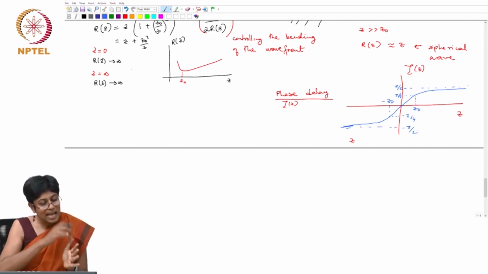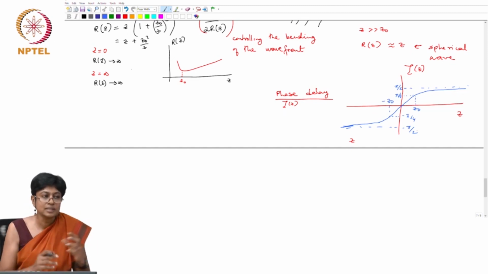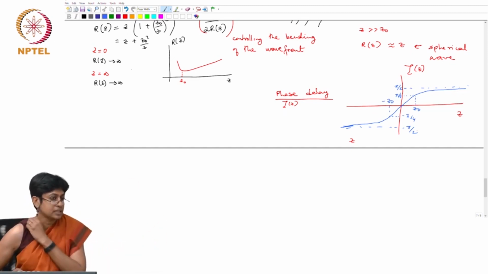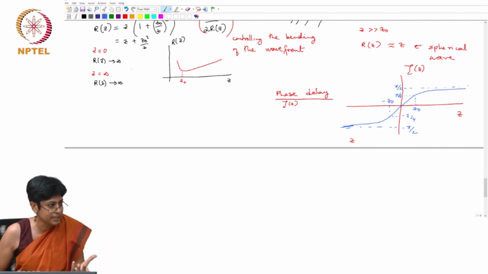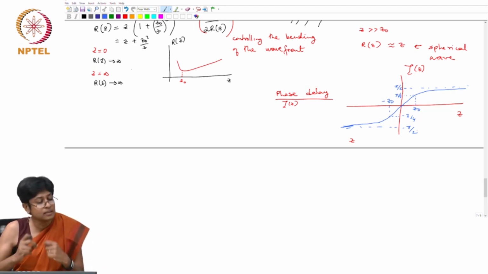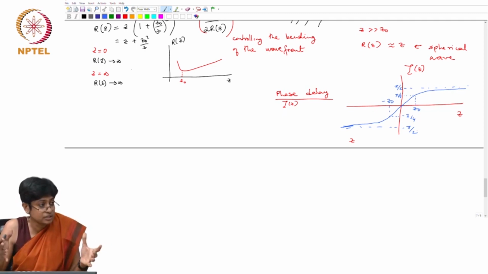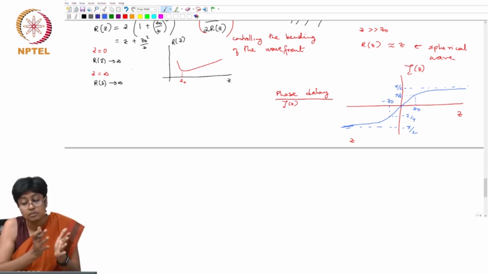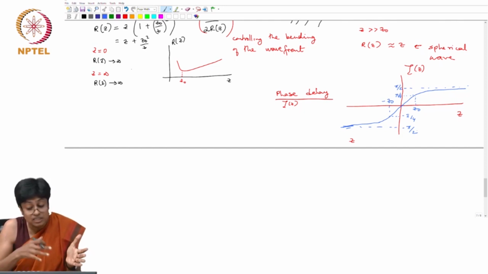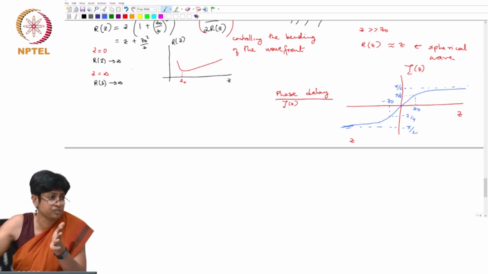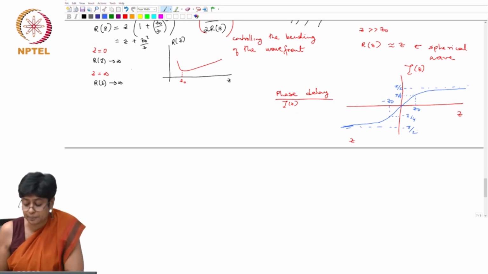What does that mean? As the wave travels, and if you consider it traveling from minus infinity to plus infinity, compared to a plane wave that traveled that same distance, it would have been delayed by a full pi radians. Okay, and again, another data point for the Rayleigh range. Over the Rayleigh range, however, the phase change. So as the wave travels through the length of 2Z naught, its phase changes by pi by 2. Okay, so you can see the rate of change of phase is also different as the wave propagates.